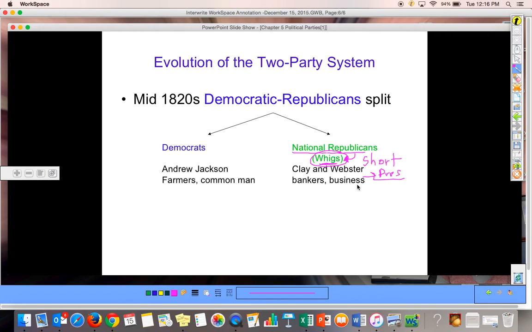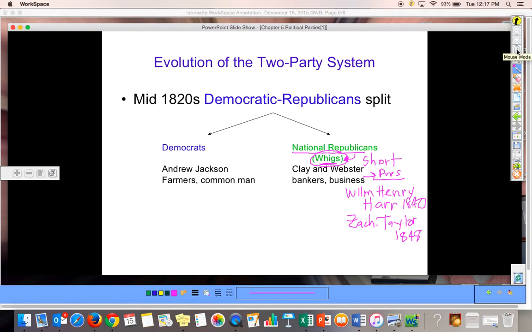and the Whigs are known for electing two different presidents over time. This is sometimes known as the era of no real popular presidents, I should say, but William Henry Harrison is a Whig, and he was elected in 1840. We don't know a lot about William Henry Harrison as president because he died shortly after he was elected. The other Whig president, which you probably recall, is Zachary Taylor, and he was elected in 1848.